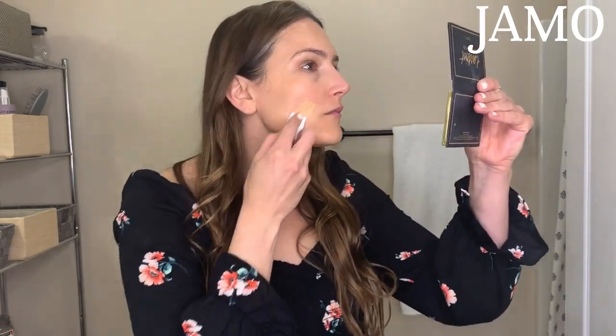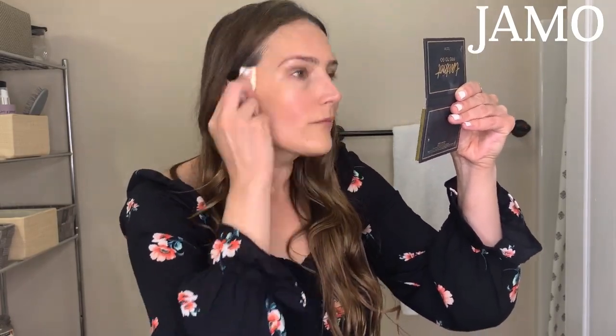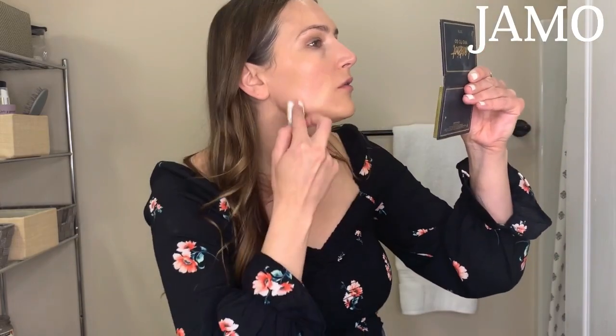So I just did a couple dots, and I'm gonna use just a simple cosmetic sponge. And we're just gonna do the CC cream all over. Just do a nice application. And a couple dots of the CC cream is perfect. A little goes a long way. All right, so once it's all even,